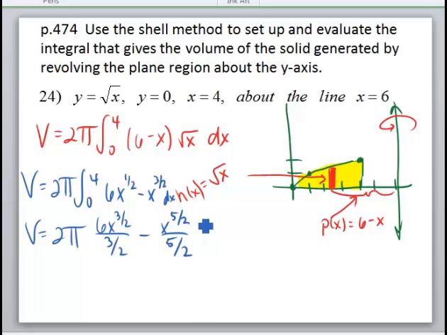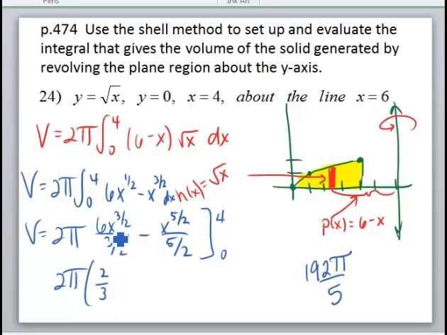If you'd like to see the end of this, me plugging in the numbers, I can do that for you during class, but I'm simply not going to have the time on this video. Go ahead and try the numbers and plug them in. You should end up with 192 pi over 5. I can try to see where I get to at this point. I get 2/3 times 6, which would be 12/3 or 4. So I need to change this to be a